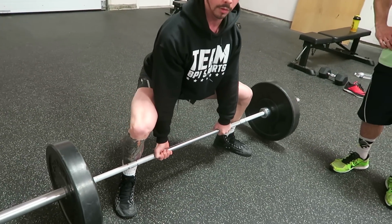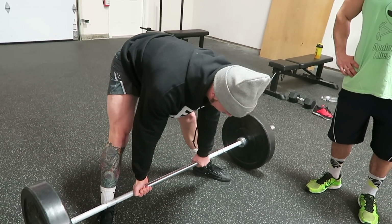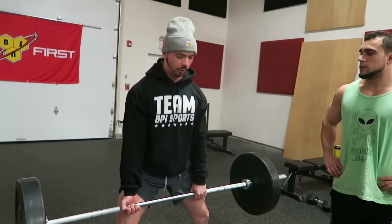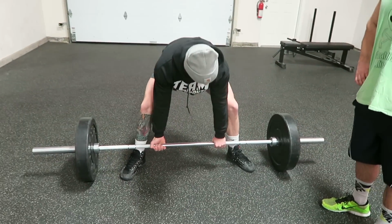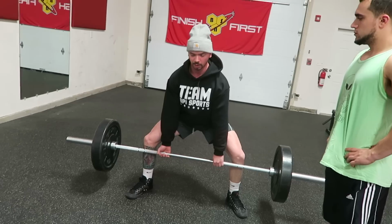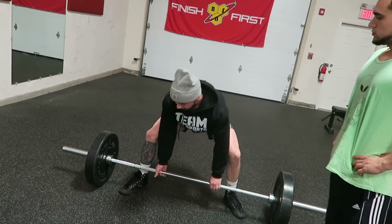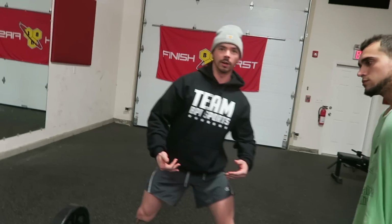Obviously, this is not gonna happen with heavier weights, but as that happens, my lats are initiated, and I'm driving through. You wanna keep the bar as close to you as possible, so literally it should be scraping against your shins the whole way up. The farther away the bar is from you, the harder it is to complete the lift. So you wanna keep that bar as close to you as possible. That's why at meets...